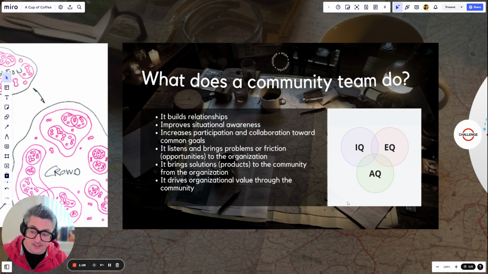To put it simply, especially in ecosystems where there's exponential technology, you're dealing with a lot of high IQ, intelligent developers, this kind of stuff. They're super smart. So part of what community is doing is raising EQ, which is the emotional intelligence, and these environments are fast paced. So what's really important is by raising EQ, by increasing situational awareness, you're able to raise AQ, which is adaptability quotient.